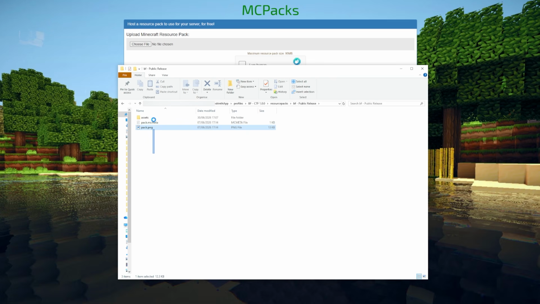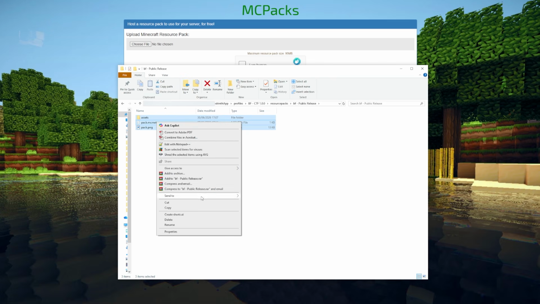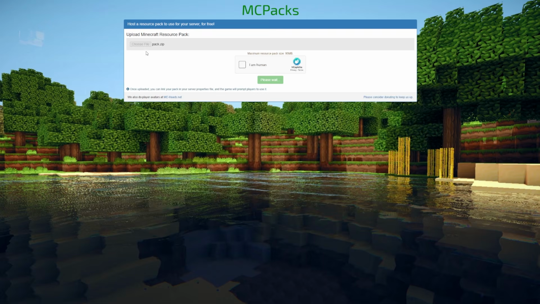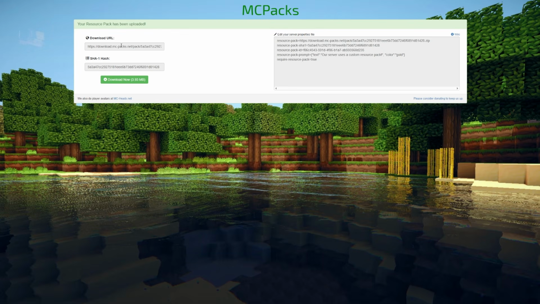To do that, you would go into what you were going to be uploading. Go ahead and select this and we're going to zip all of this into a file. We then can go to MC packs, that's what we use, and you can drag this into here. Once you click upload, it'll then create a download URL and a hash, but all you're interested in over here